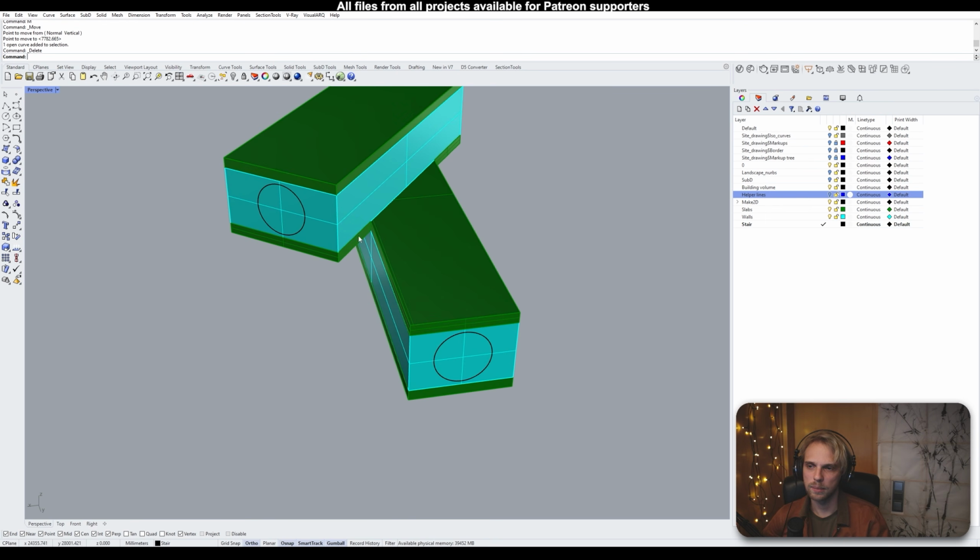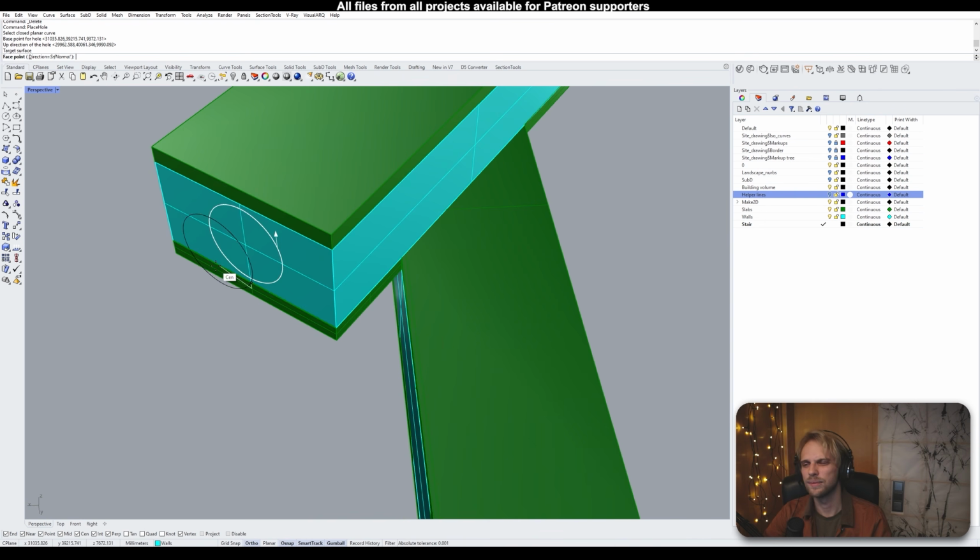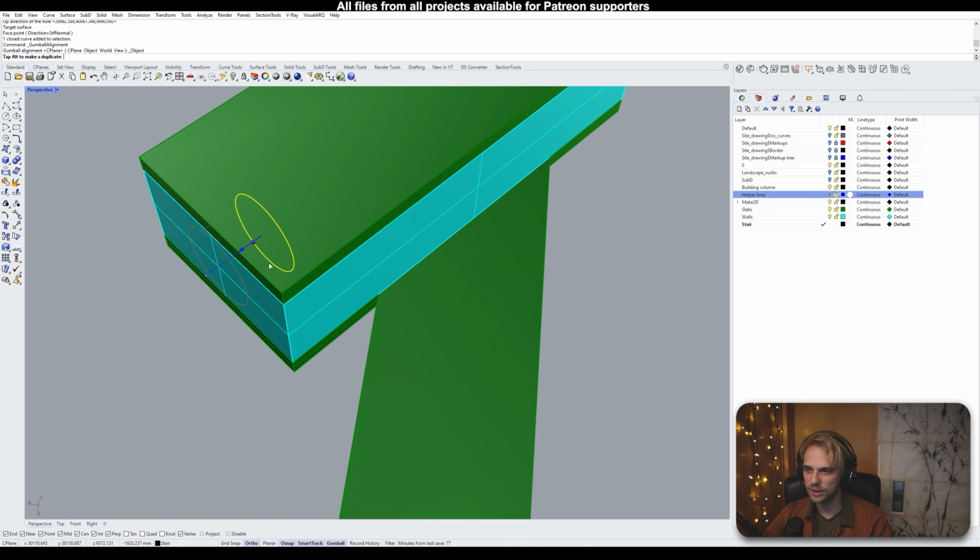Now let's add some, not thickness, let's make these into actual holes. So as I mentioned before, you can do the place hole command and you can select the circle, select the base point, I don't remember, yeah, and then it kind of moves here. Yeah, it's a hole, apologies, it's so messy that I really don't want to teach you that. It's so much better to just take the circle, change the gumball to be aligned to object, extrude the circle